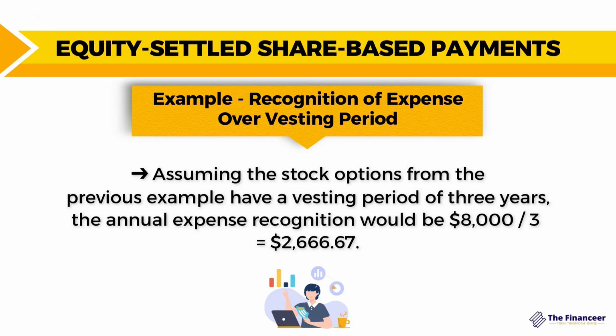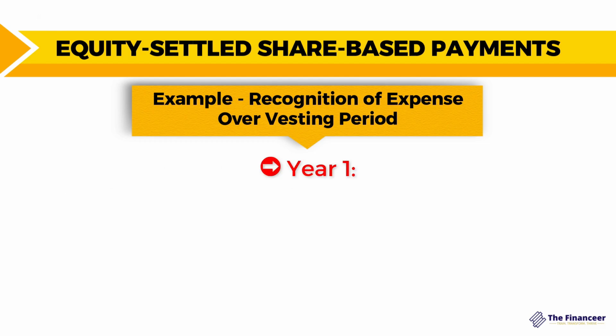So I will stop here and comment on this part. Here we have a requirement for all of the employees to continue working until the end of the 3 years. And whoever is going to continue working until the end of the 3 years period, they are entitled to receive the stock options. So as of today, we have to build our accounting entries based on assumptions and estimates regarding the number of employees that we estimate are going to continue working until the end of the